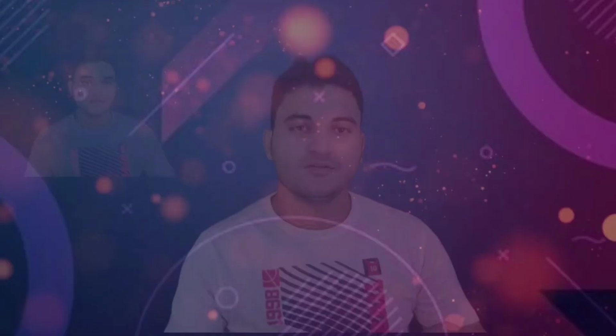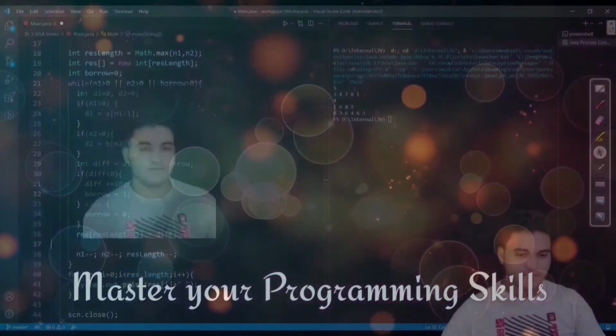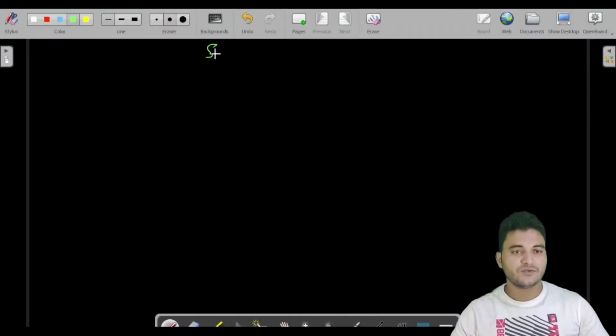Fine. So today we are going to see a problem over 1D array, which is subarrays, like all subarrays of an array, and this is an important one also. We'll see the problem in very detail. I will explain how we can generate all subarrays, and after that we would be writing the code for the same. So let us directly jump to the problem. Fine. So we are going to see the subarray problem.